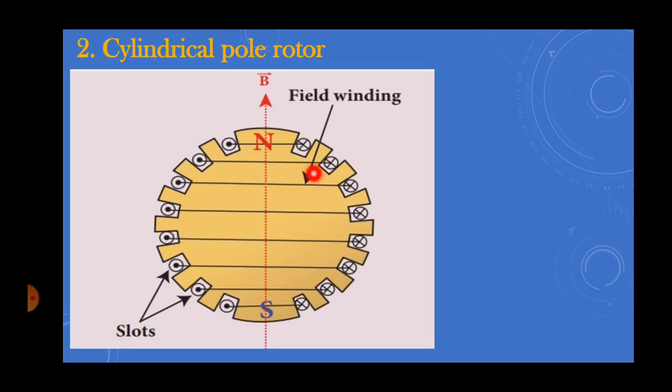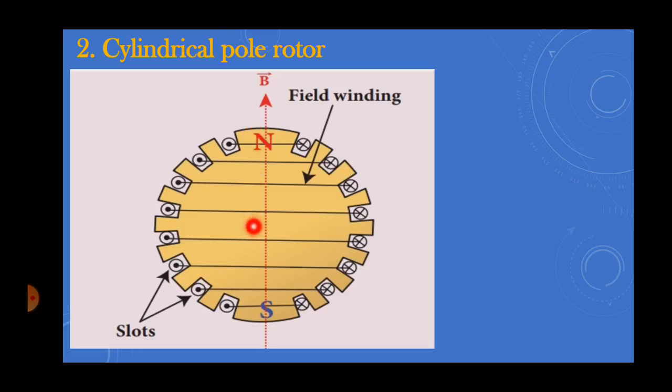Now see, cavities means slots. The slots are cut on the outer surface of the cylinder along its length. It is suitable for very high speed alternators. So students, this cylindrical pole rotor is a high voltage generator